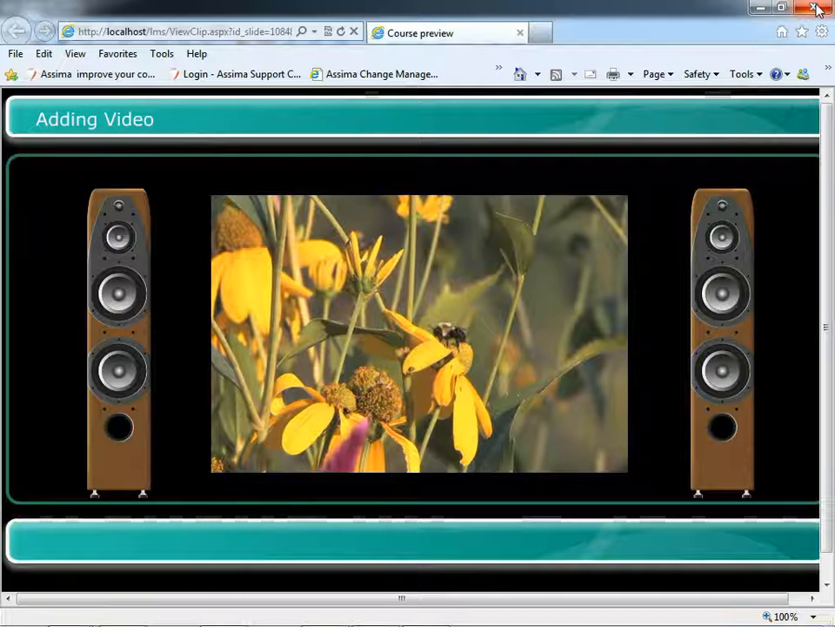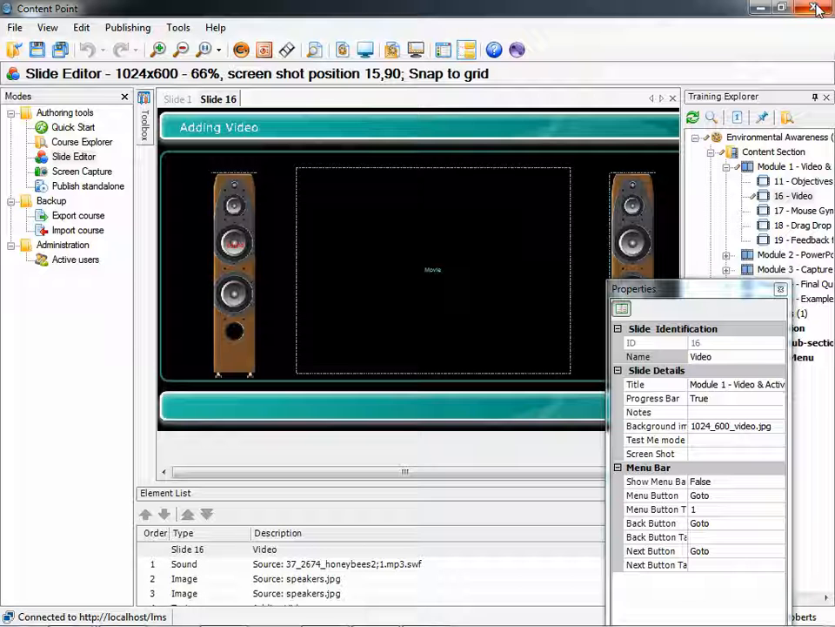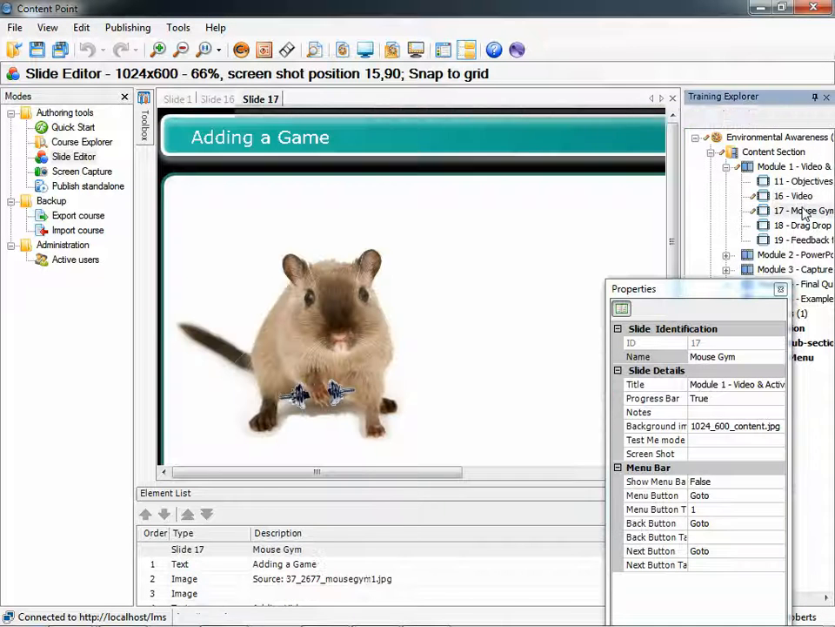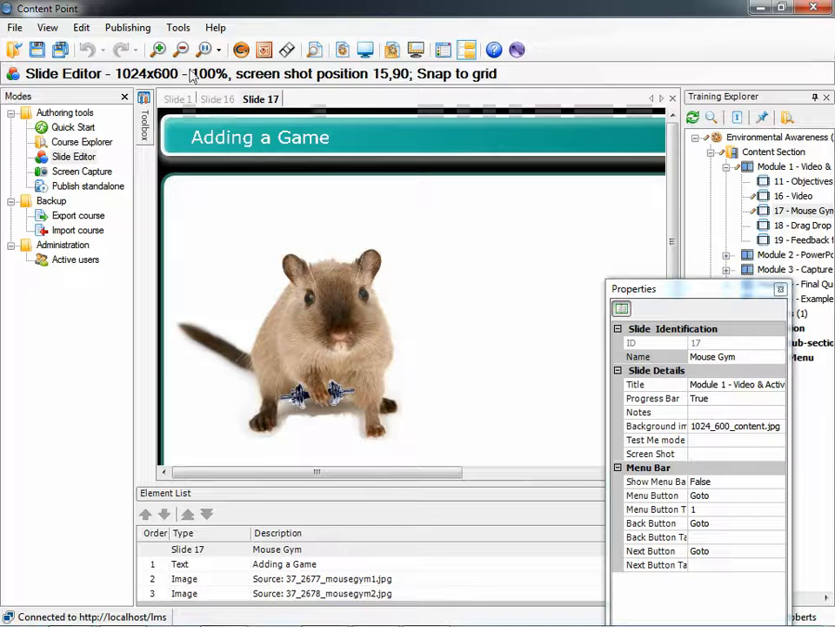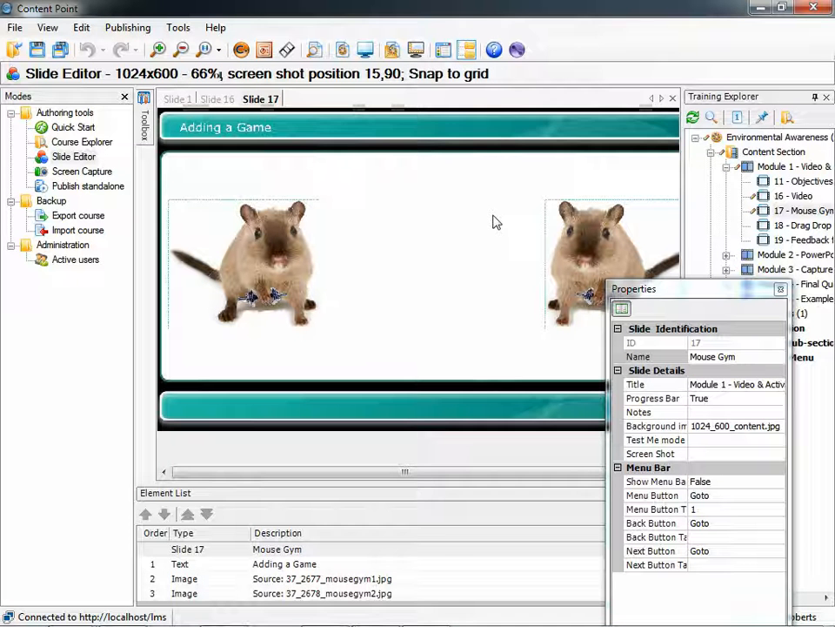Let me just close this preview panel down, and we'll start having a look at the next slide, the next bit of content, and this is turning the workbook on to page 16. Now we're going to add an interactive activity. This is our mouse gym, and again I'm going to zoom out so we can see a bit more of the page. This was the activity where we're keeping the ball bouncing in the air, and we don't always want